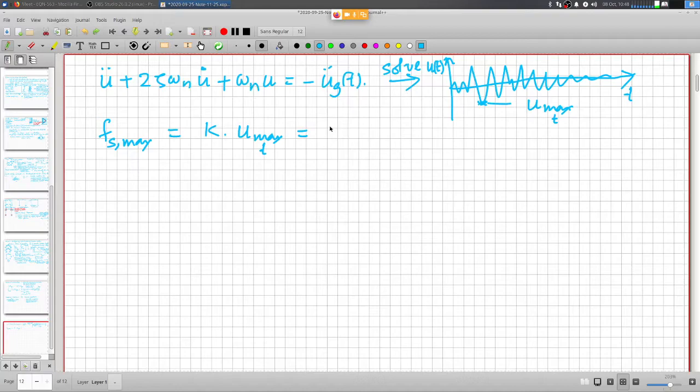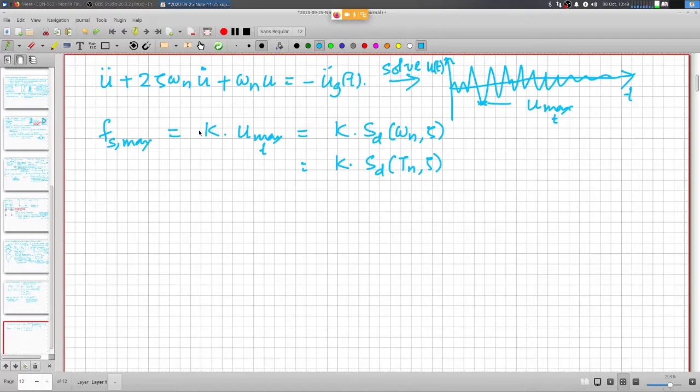And that is actually the same as, if this is a single degree of freedom system of natural frequency omega n, K times the spectral displacement at natural frequency omega n and whatever the damping is. So either in terms of natural frequency or the alternate representation, spectral displacement in terms of natural period and damping, right? Both of them are just alternate representations. What is the x-axis, whether I am considering natural frequency or natural period, and that gives me the maximum force.